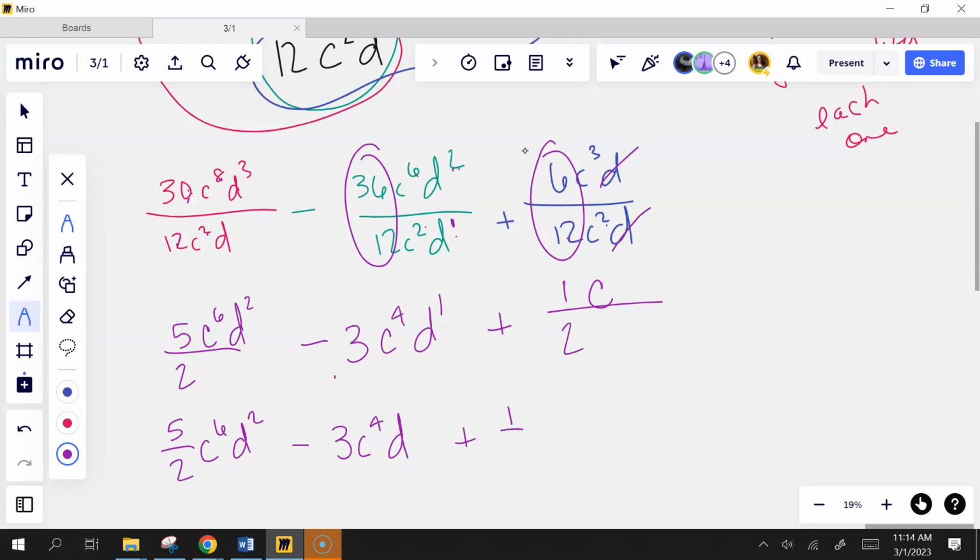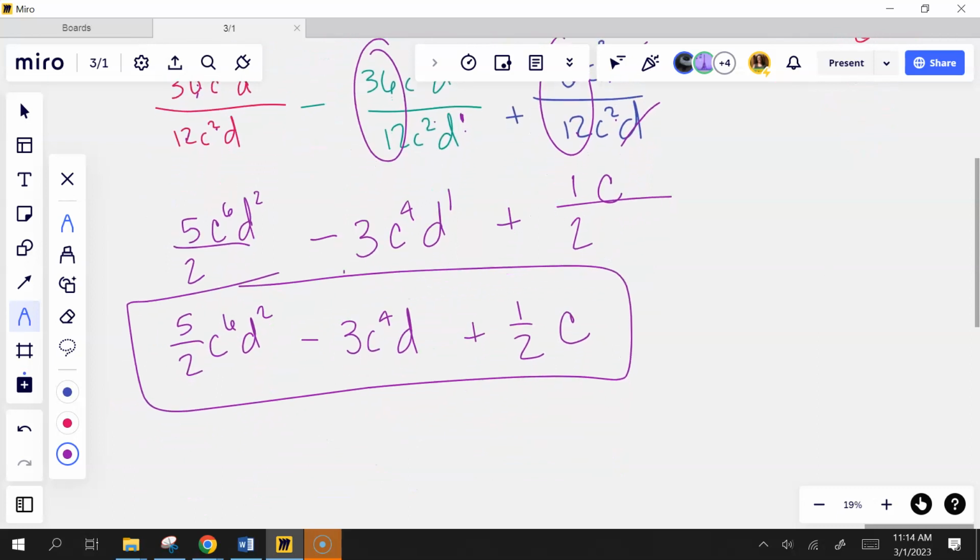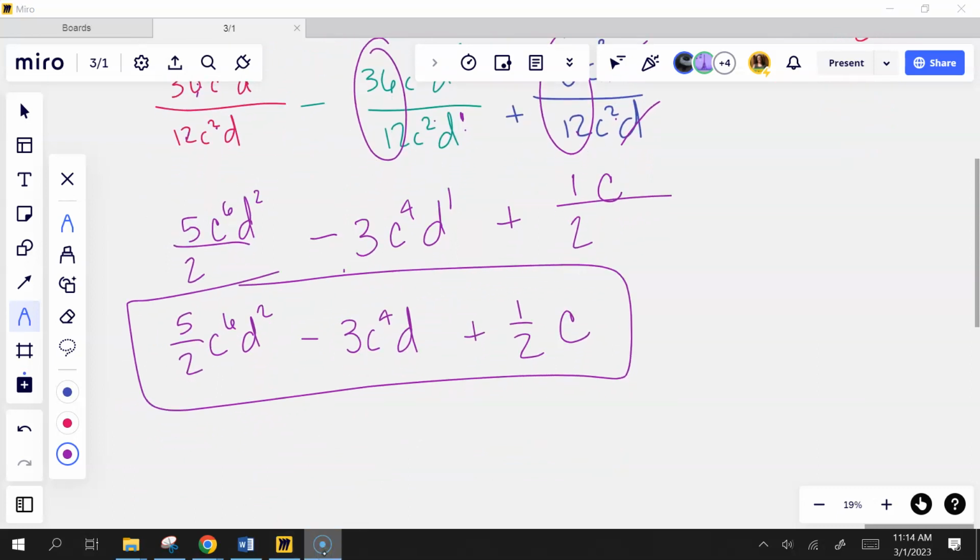So this gives me 1/2 c. Hooray! That's a little bit harder than